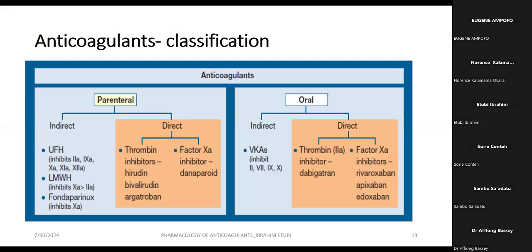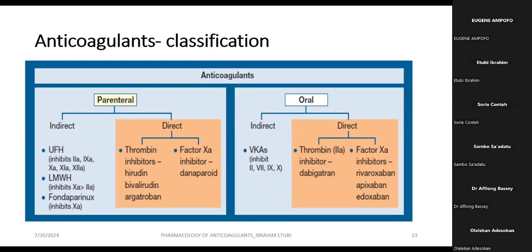So now in terms of classifying anticoagulants, they are basically classified into two: those that are taken parenterally and those that can be given orally. And each of these groups is further broken down into those that act either directly or indirectly. So we're looking at the parenteral formulation now. Those that act indirectly include the unfractionated heparin, low molecular weight heparin, and fondaparinux. What these will do is that they will inhibit, like unfractionated heparin, factors 2, 9, 10, 11, which will have its effects on coagulation. While in terms of the direct acting parenterals, you have the direct factor 10A inhibitors, like danaparoid. Then you have thrombin inhibitors like bivalirudin and argatroban, which are effective substitutes when we have heparin-induced